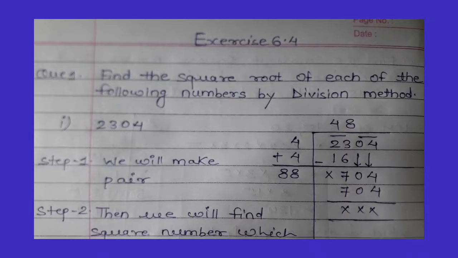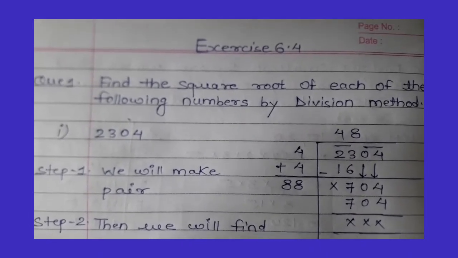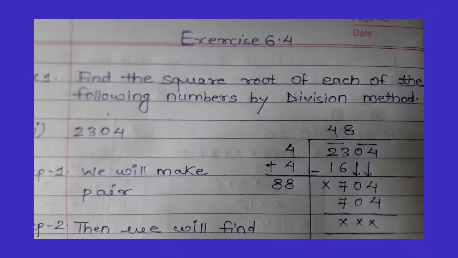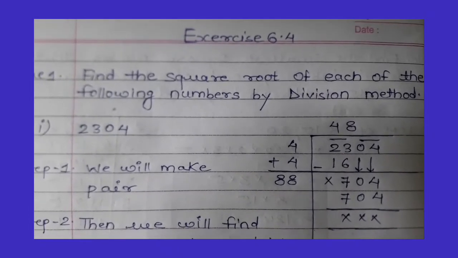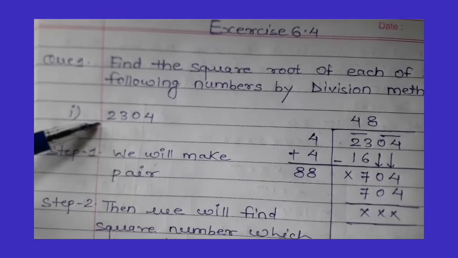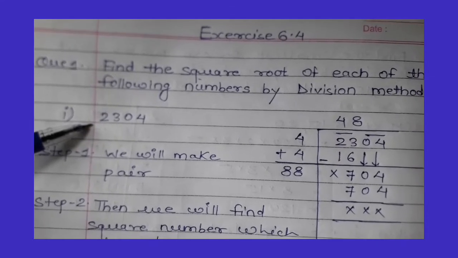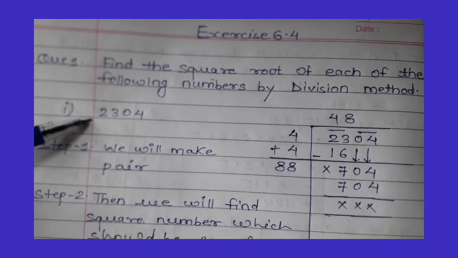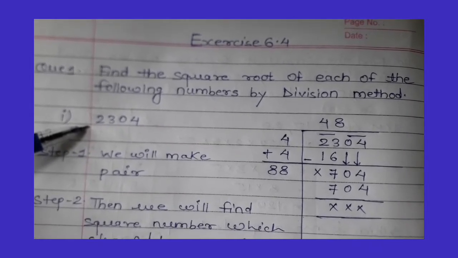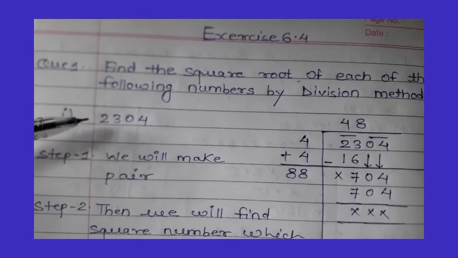Today we'll do exercise 6.4 question number 1. Find the square root of each of the following numbers by division method. Okay students, using the prime factorization method we have learned how to find the square root of a number. Now today we'll do finding the square root using the division method. So let us see first question number 1,